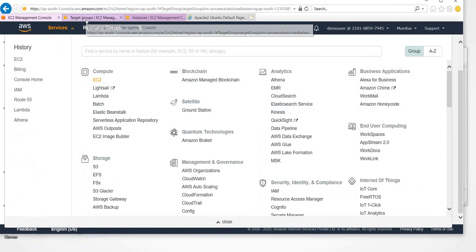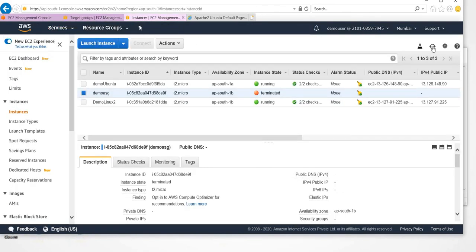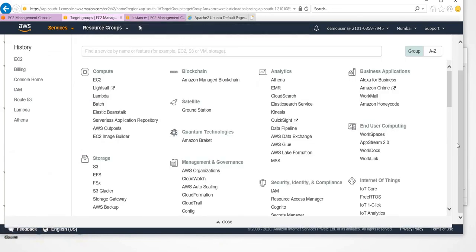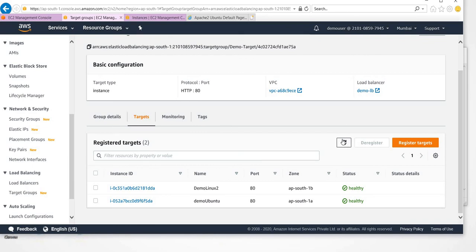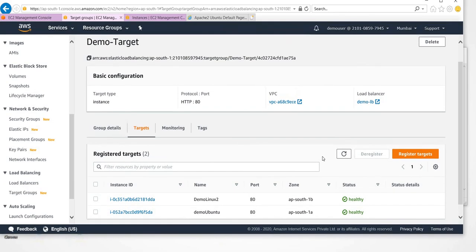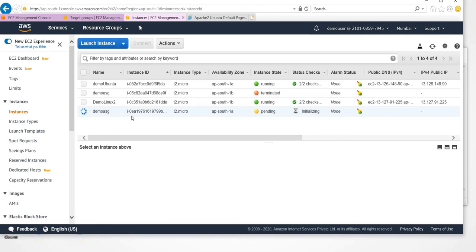So now we can see this is the instance, and we can see the status of that instance. It got terminated. And if you can see it here, that specific instance got removed since it became unhealthy. So if we navigate to the EC2 dashboard and go to instances,